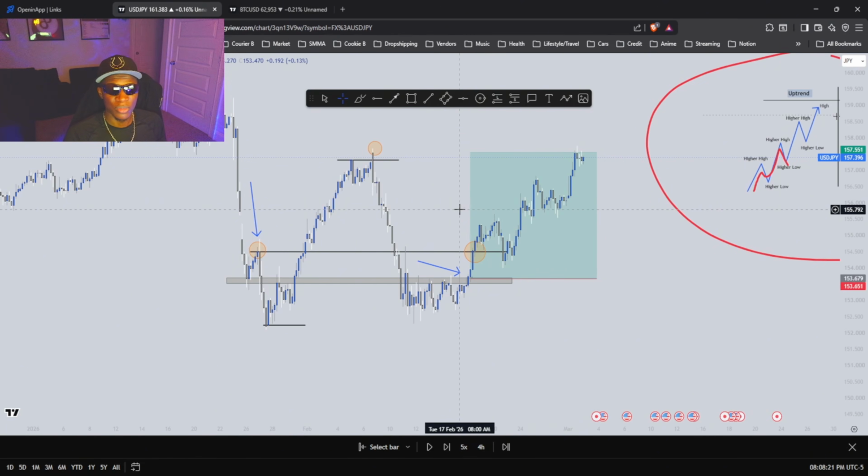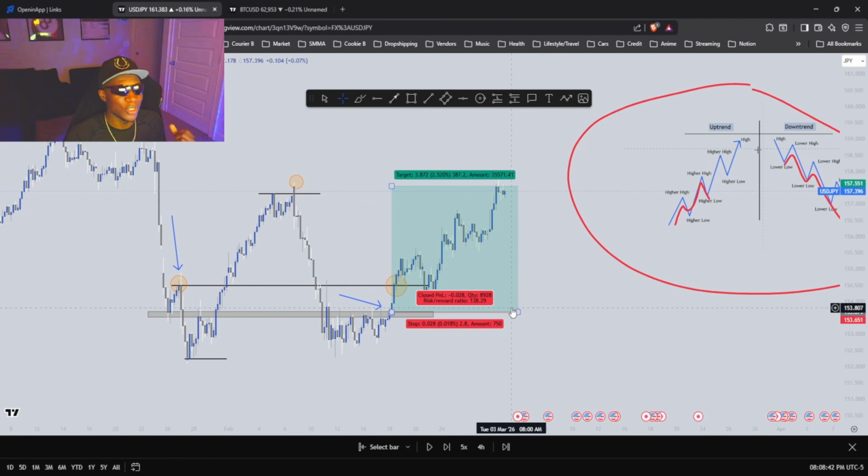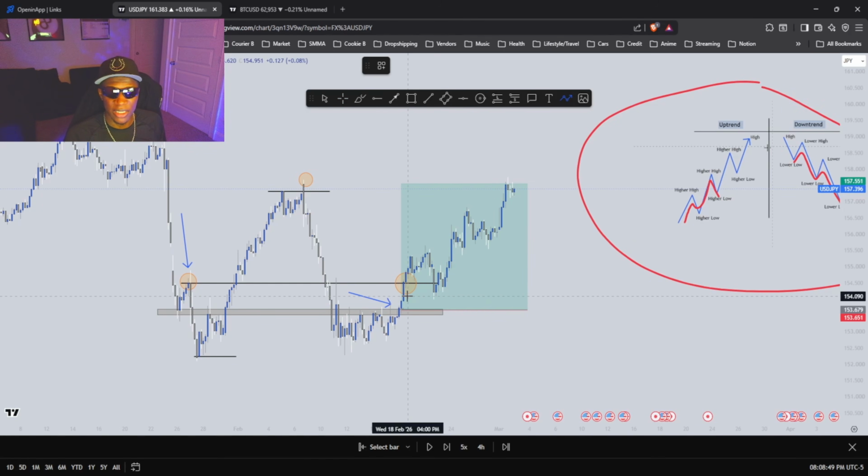And also, if it's hard for you guys to become swing traders, I'm going to tell you this. On an uptrend, price will never break its higher highs and higher lows if it's a true uptrend. On a downtrend, it will never break its lower lows and lower highs if it's a true downtrend. Let's say you're still trying to navigate, you're too scared, you don't know what price is doing, you've never held before, you're just becoming a swing trader. As long as price, since it's on an uptrend, forms higher high, higher low, higher high, higher low, higher high, higher low,